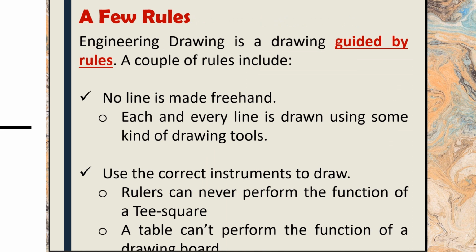Now let's look at some few rules that are essential for use of the drawing instruments and to produce quality drawing. Engineering drawing is a drawing guided by rules, and these rules are meant to be obeyed. When you violate these rules, you are communicating the wrong idea, and that could be catastrophic in engineering practice. If you violate a rule in the drawing of a structure or bridge,